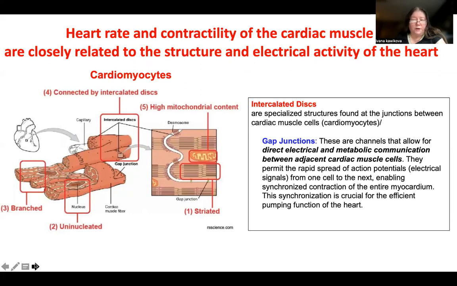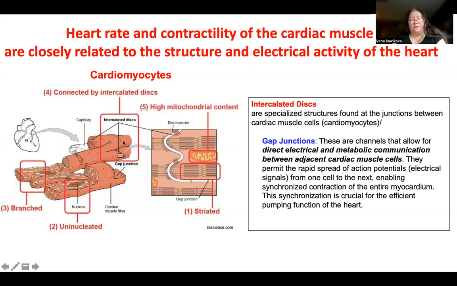cardiomyocytes, on those contractile cells that are able to eject the blood to the aorta or to the pulmonary artery. So first, let's have a look at the structure of cardiomyocytes. You see that these are single nucleated cells that are branching, unlike skeletal muscle, but otherwise the apparatus is involving actin and myosin, and the sliding of actin and myosin during the contraction is similar. What is unique for the